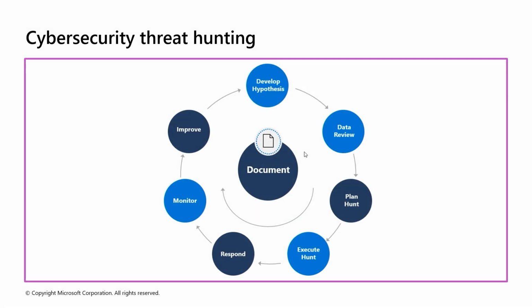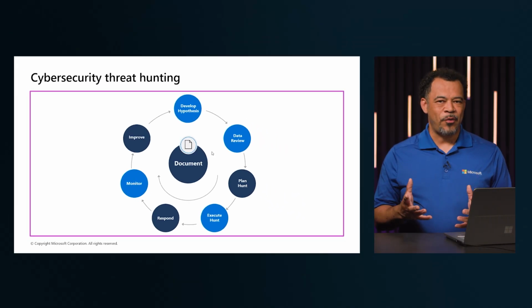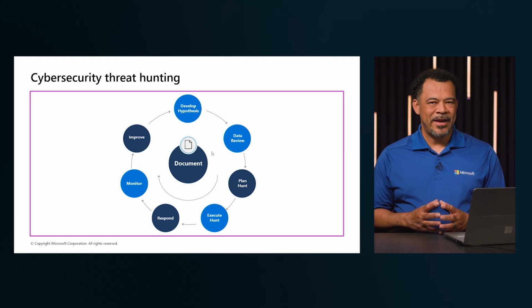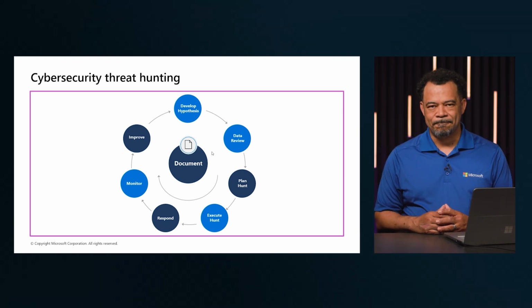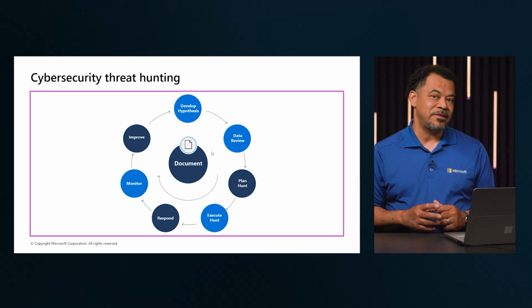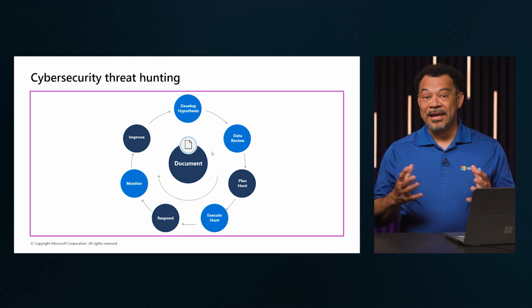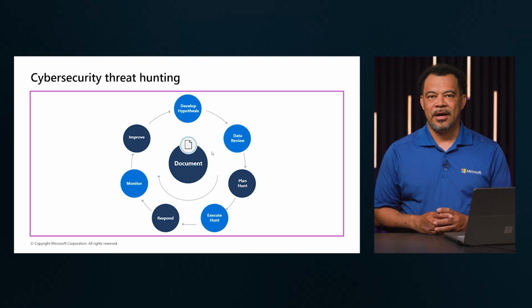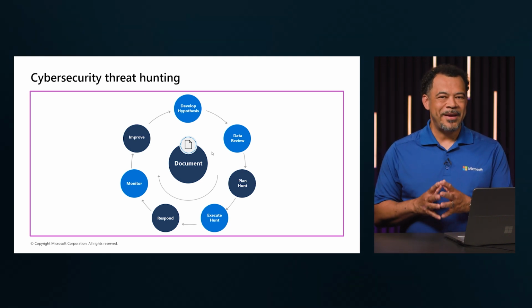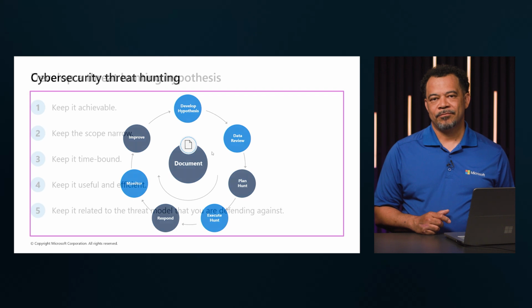So the term threat hunting is defined differently by different people. The most commonly used definition is the idea that you're proactively hunting through your environment for a threat or a set of activities that have not been previously detected. The not previously detected part is what differentiates threat hunting from incident response or alert triage. Threat hunting should be a continual process.